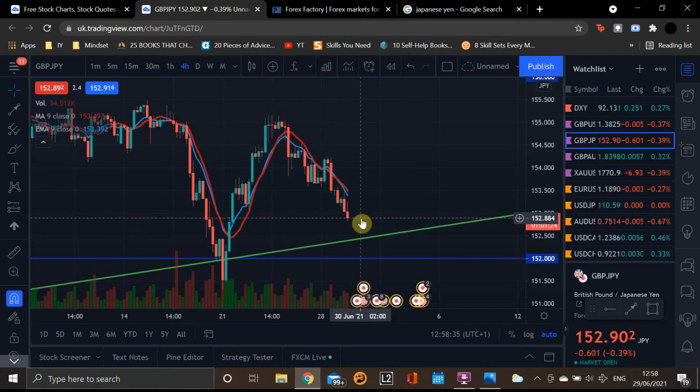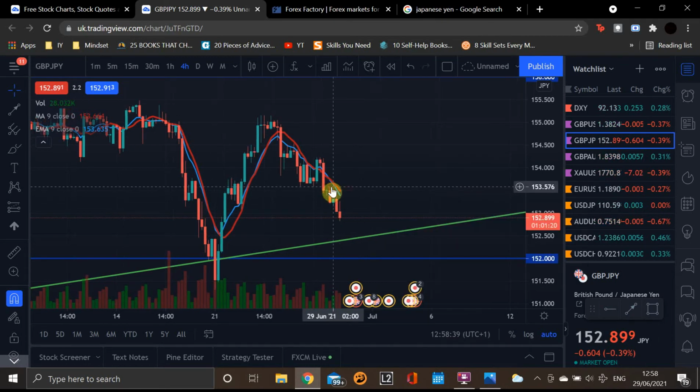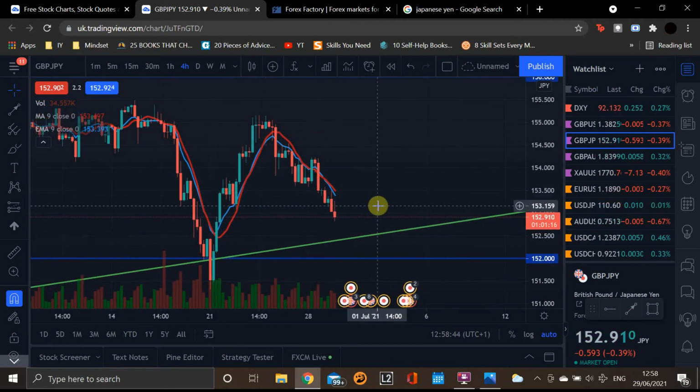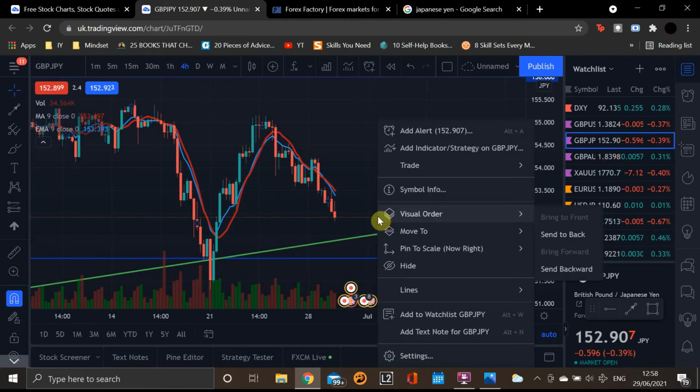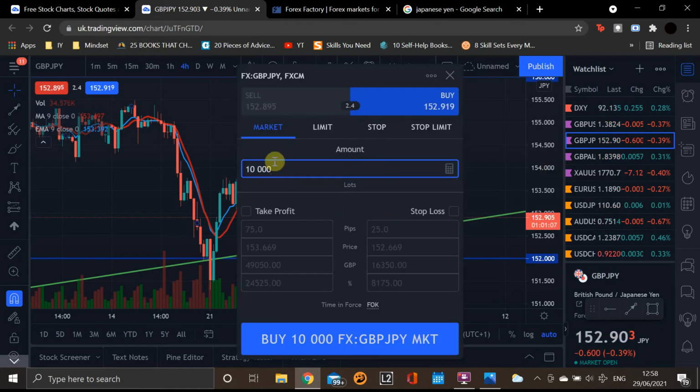You know what? There's a certain strategy that I've been using at the moment. Not a strategy, but it's my way of looking at the market. What I like to do is I like to trade it to the trend line. So what I will do is if I see that it's going to the trend line, then